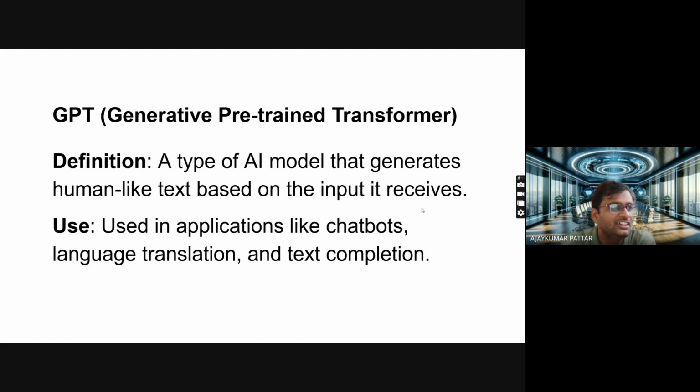It identifies the input text and generates text like a human being. In language translation, if you are using English, you can translate it into another language. In text completion, if you are typing some word in an application, it will show the proper word with proper spelling in advance. These kinds of things come under the generative pre-trained transformer.